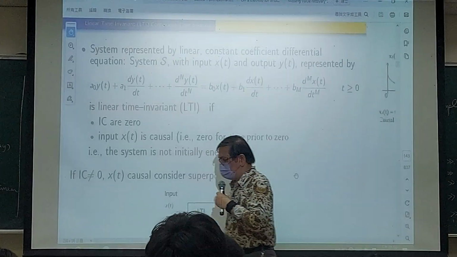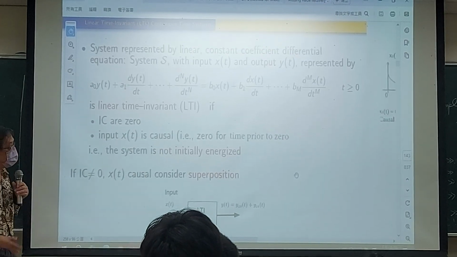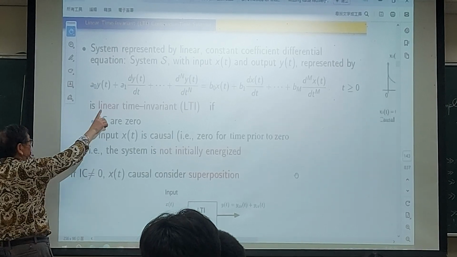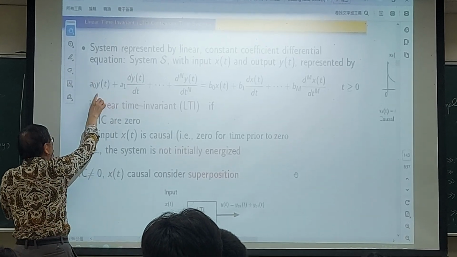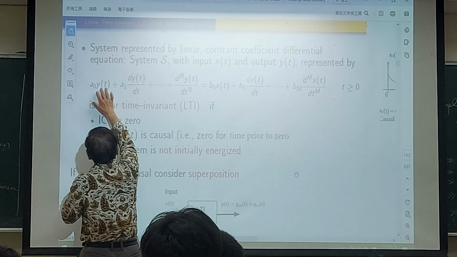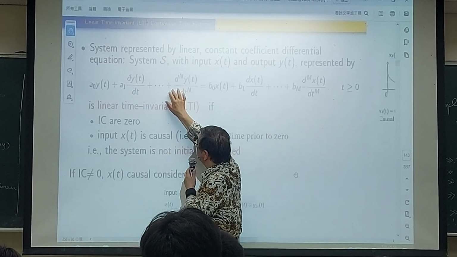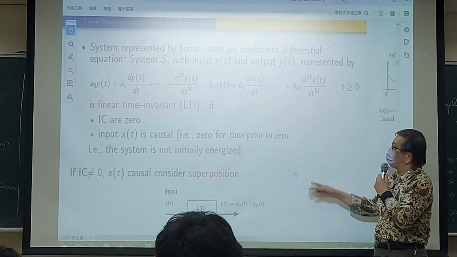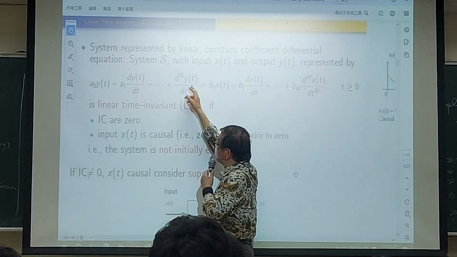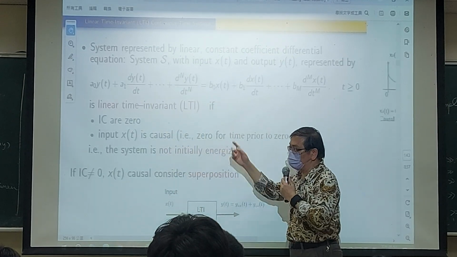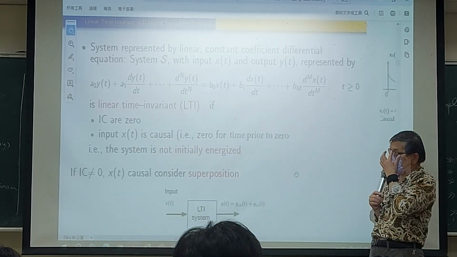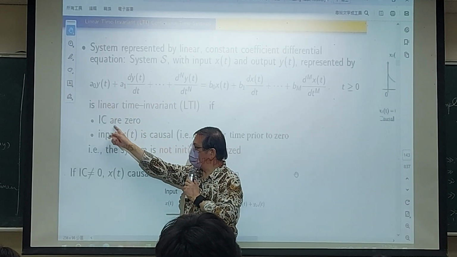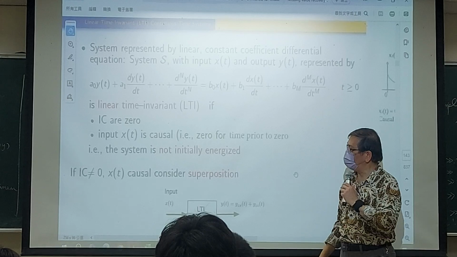For some of the systems, they can be described by using differential equations. We will see that later in some other cases. So look at the coefficients. Suppose the coefficients A0, A1 up to An, and B0, B1 up to Bm. Suppose those coefficients are constants, and actually it's easy to prove that the system is a time invariant system under the condition that all the initial conditions are zeros,